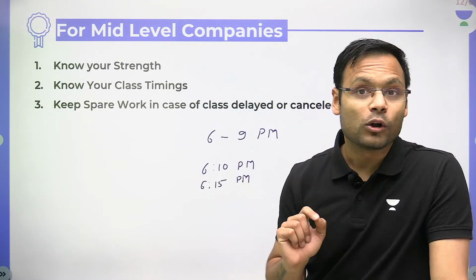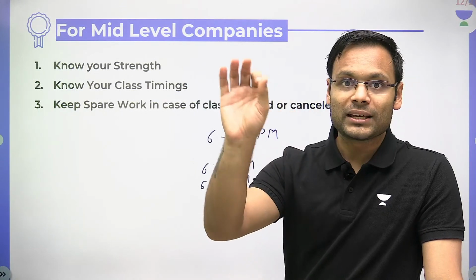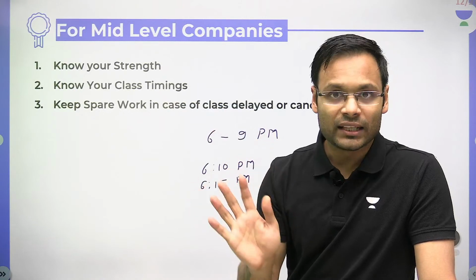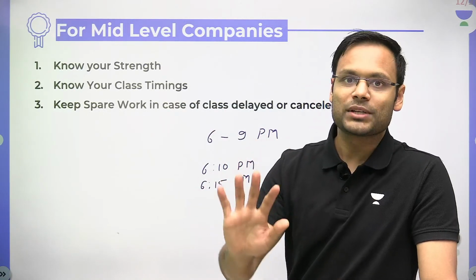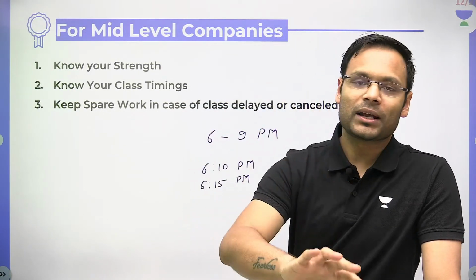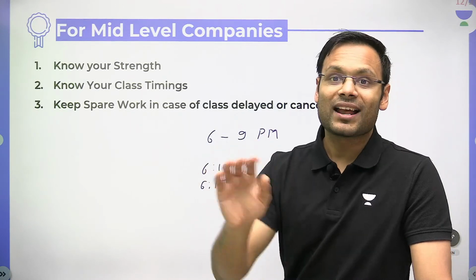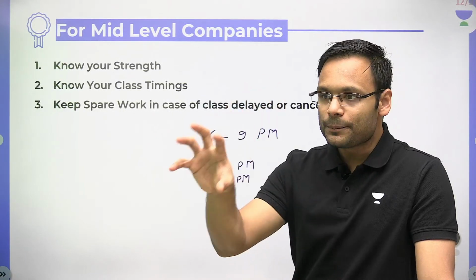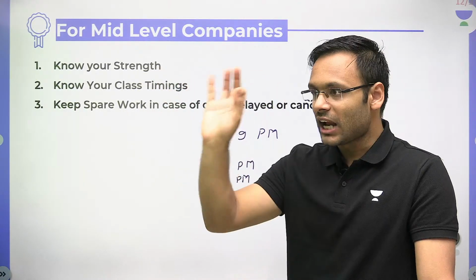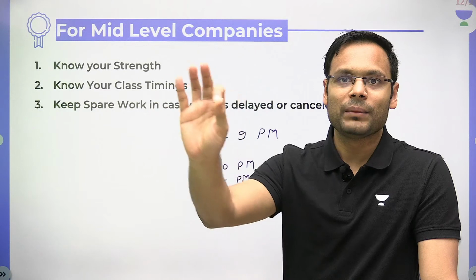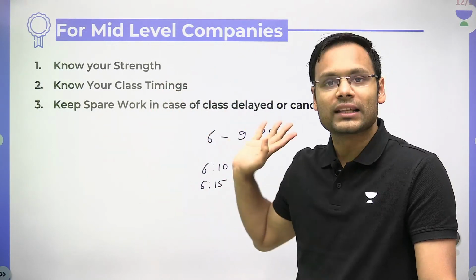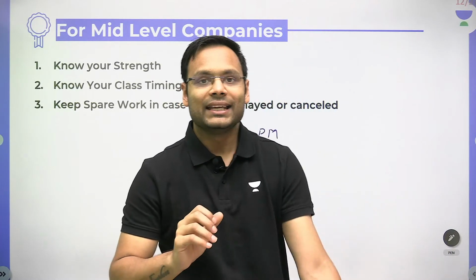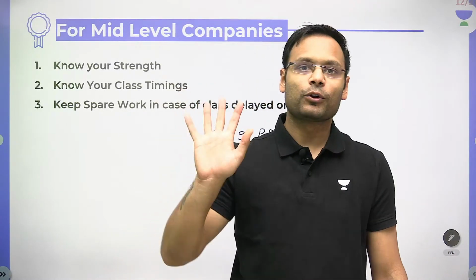It happens with you also. Every class, if class timing is 6 p.m., then the class starts 5-10 minutes late here and there. Happens sometimes, most of the times, sometimes not. Sometimes the classes are cancelled on the emergency basis. So you keep some kind of spare work कि क्लास शुरू हो उसके पहले 10 मिनट में मैंने को ये 3-4 क्वेश्चन सॉल्व कर देने का है. Before even class starts, I can solve these 3-4 questions.